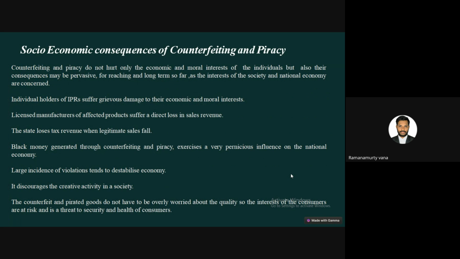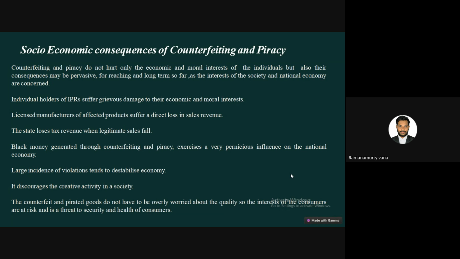So what are the socio-economic consequences of counterfeiting and piracy? Counterfeiting and piracy do not hurt only the economic and moral interests of the individual, but also affect society and the national economy. Individual holders of intellectual property rights suffer grievous damage to their economic and moral interests. So if anyone infringes, counterfeits, or pirates someone's intellectual property right, then his economic and moral interests will suffer. The second is that licensed manufacturers of affected products suffer a direct loss in sales revenue. For example,